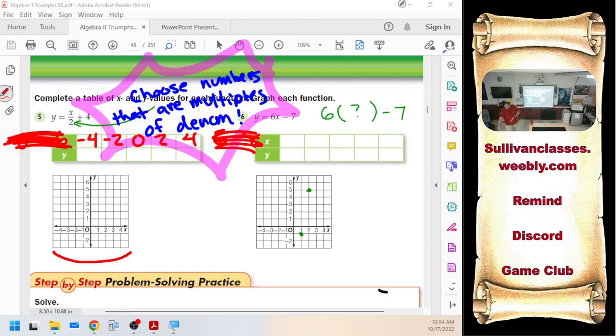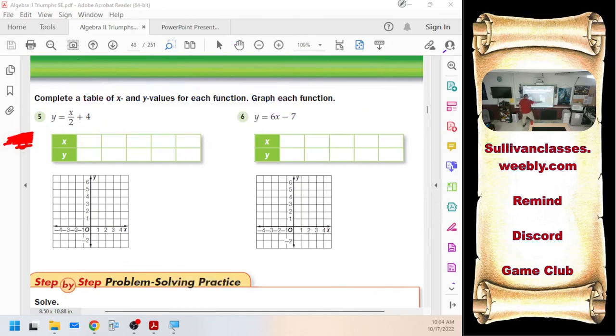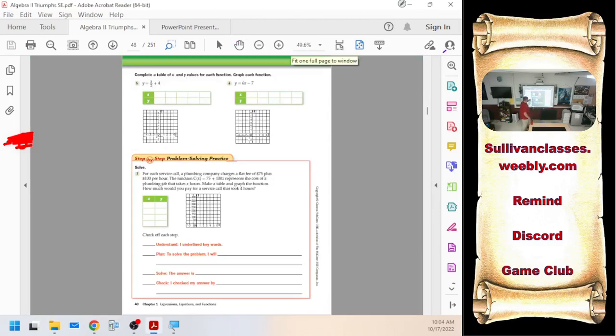Okay, flip the page back to 39. And you see the x over 3. Look at the numbers they chose in the table. -6, -3, 0, 3, 6. They counted by 3s in their table because they had a denominator of 3. Makes life easier. Okay? So we only got one little thing left before we set you loose. And that is